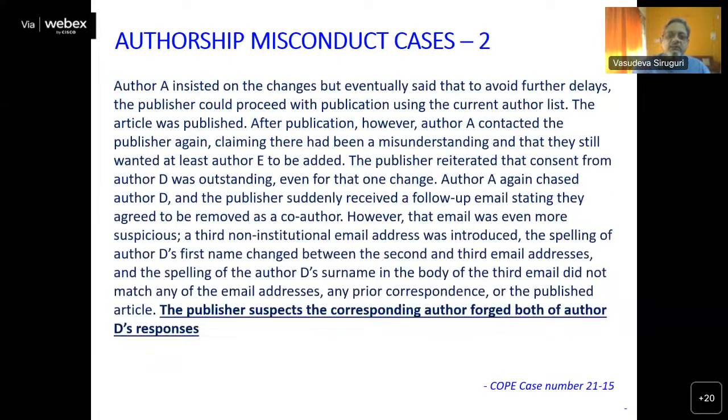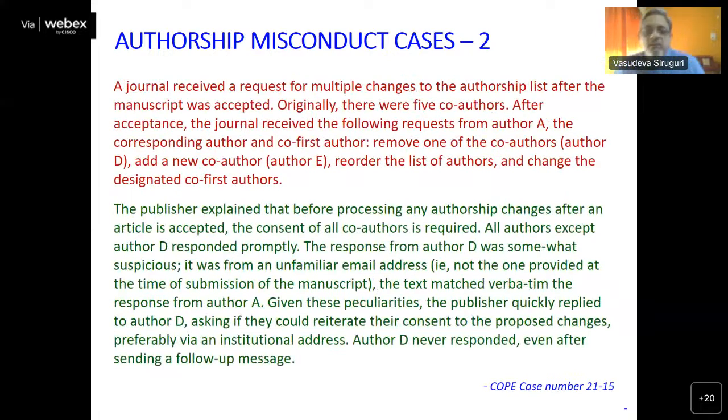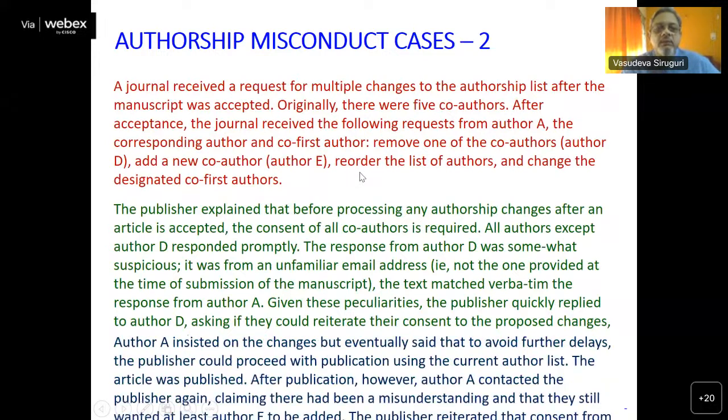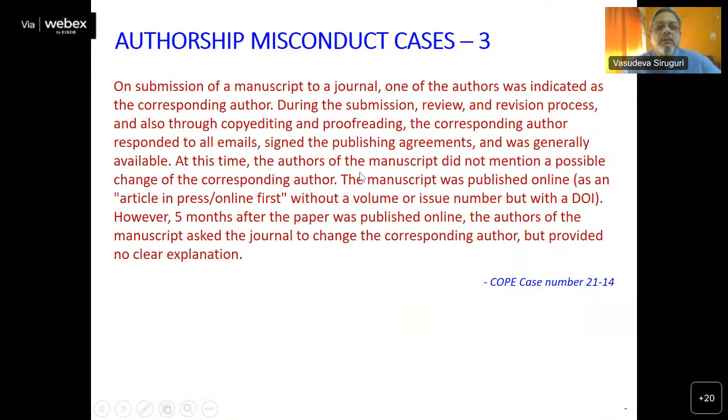So again, you see, it's basically human nature and human disagreements which result in all these things. And this case, sorry, this I have already done. The number three case is that there was a manuscript submitted to a journal, and one of the authors was indicated